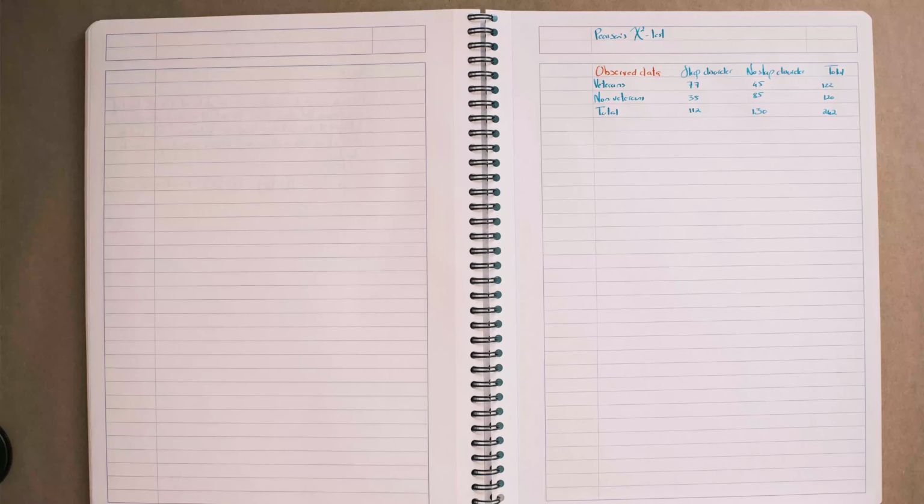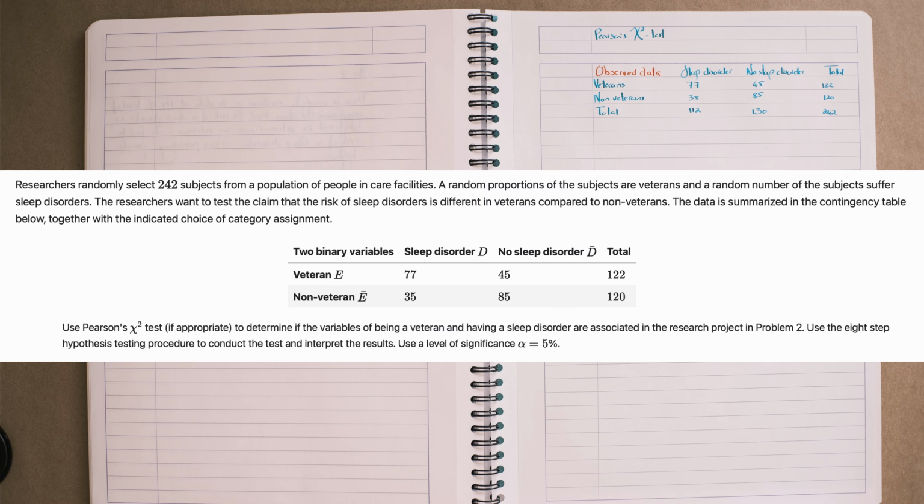Great, let's have a look at this problem. It's a problem that we've seen before. We've done the two-sample z-test for proportions. We've done the risk difference, relative risk and odds ratio with this exact same data. But now we're going to do Pearson's chi-squared test, or the chi-squared test for association, or the chi-squared test for